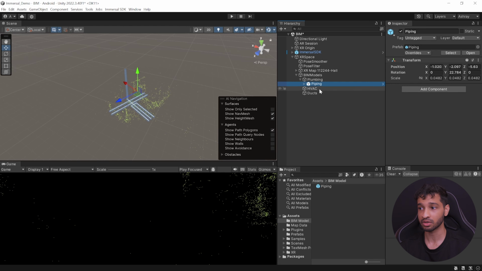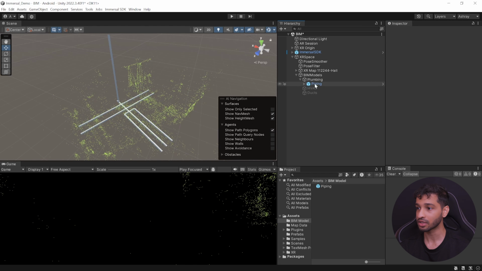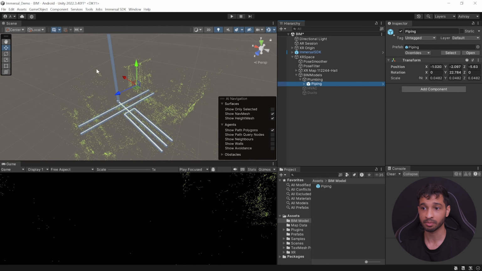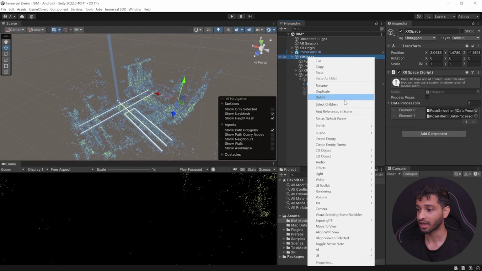Now since I don't have models for HVAC and ducts, I'm going to select them and disable them for now. As you can see, I have already aligned the piping with my spatial map. You can also go ahead and align them to your physical world. Once you're done placing all the models and aligning them, create a canvas as a child of XR space